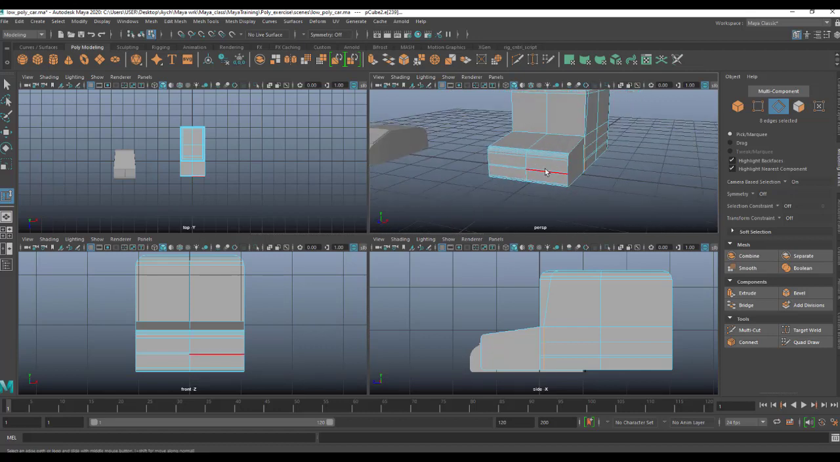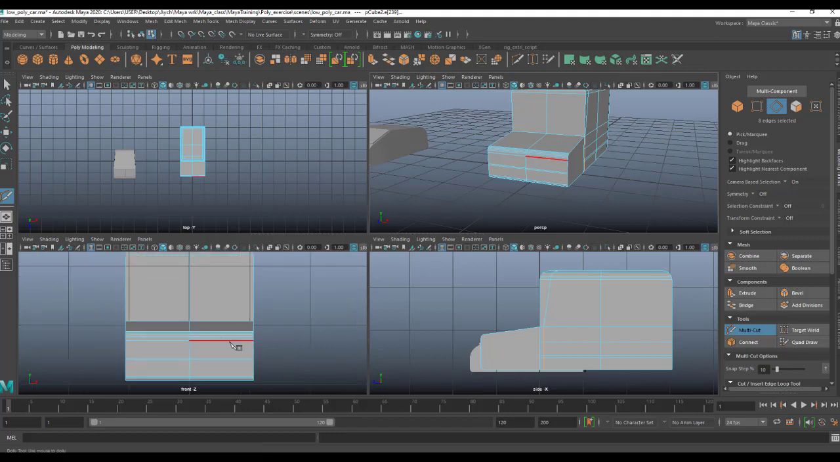Okay, so now I want to make a single cut for the headlamps. So I'll use the multi-cut tool and I'll do that. So I could do that on the front view. I could make the cuts here